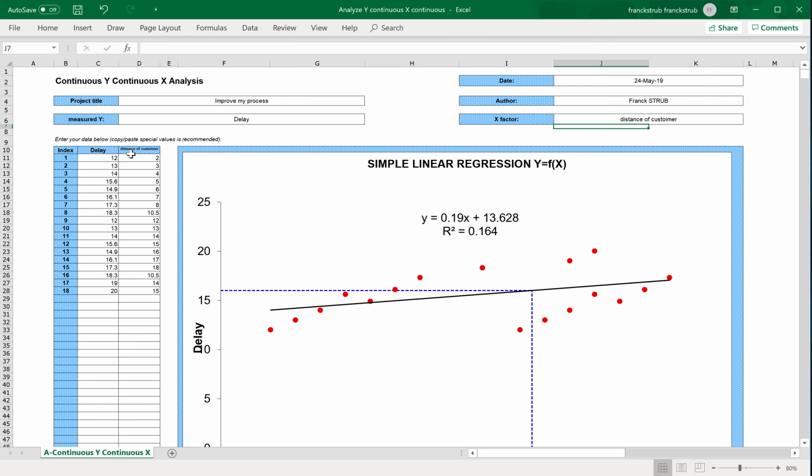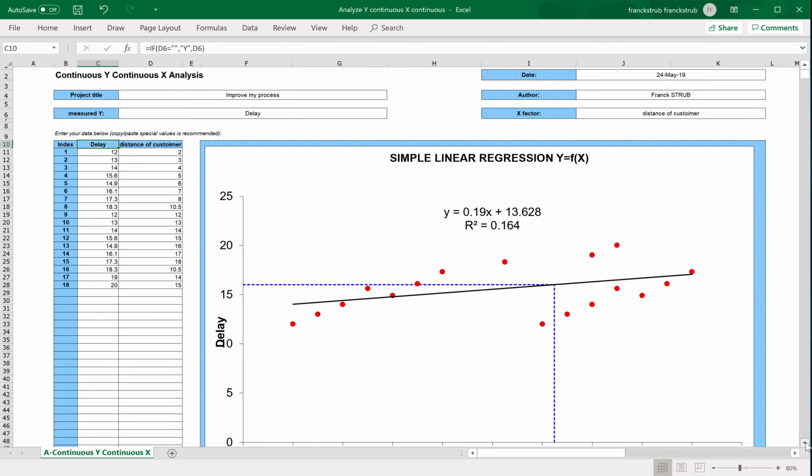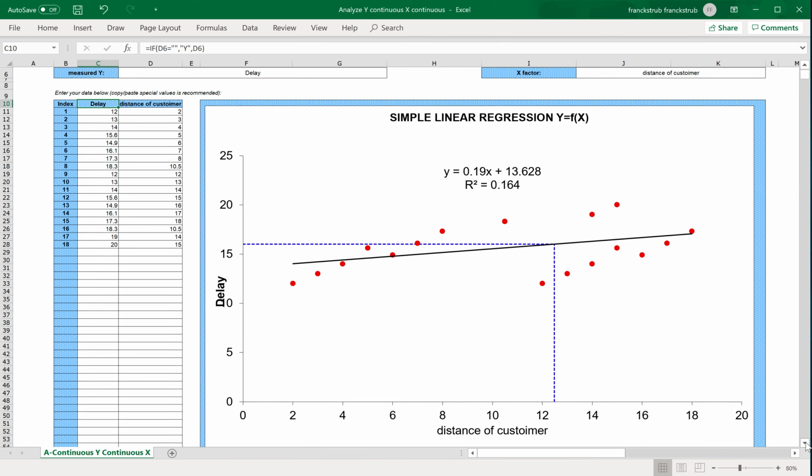Just for the example. So you see that my X now is distance of customer, and my Y is the delay. Okay? So I have delay on the graph on the Y-axis, and sorry, distance of customer.